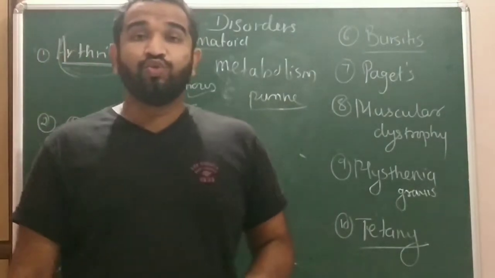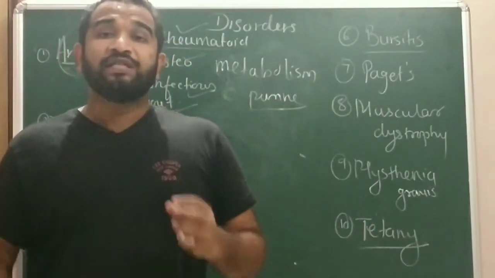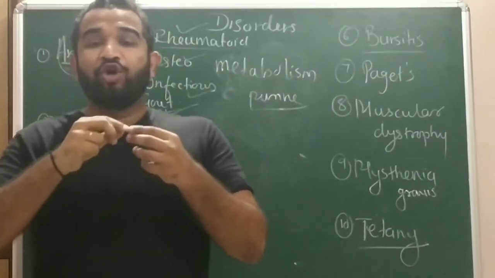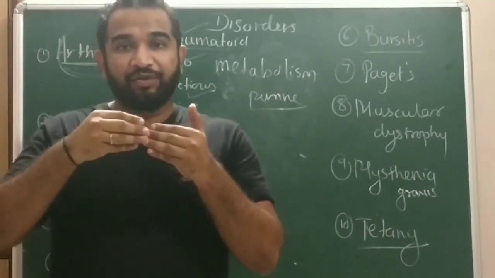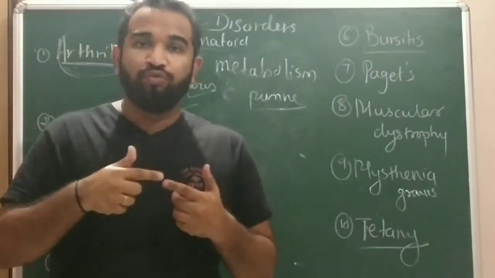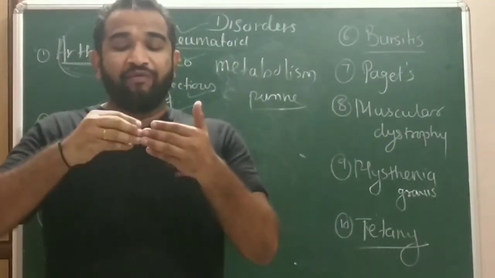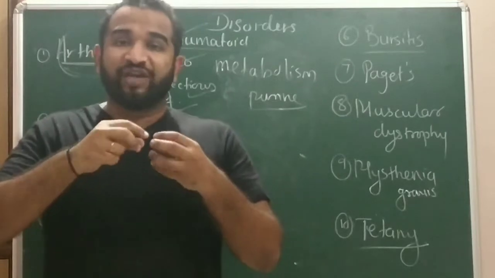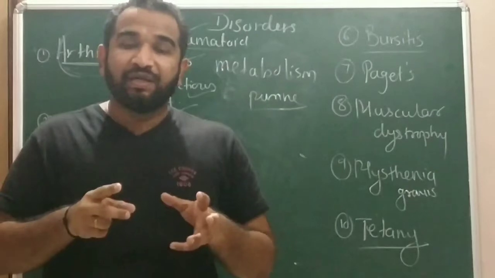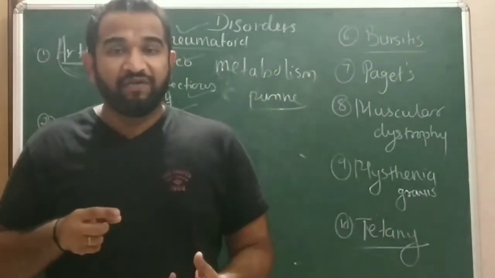The next one is sprain and strain. We normally use these two words, sprain or strain. Okay, so basically what is sprain? Sprain is the dislocation of the two articular bones, but they are not completely dislocated from one another. That is, there is a twisting of the two bones, but they are not completely dislocated from each other. And when the twisting or stretching occurs between these two bones which are forming a joint, the ligament surrounding these two bones is damaged, the tendons are damaged, the blood vessels are damaged, and